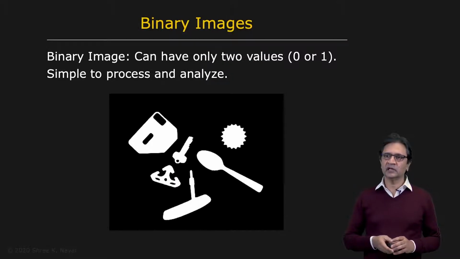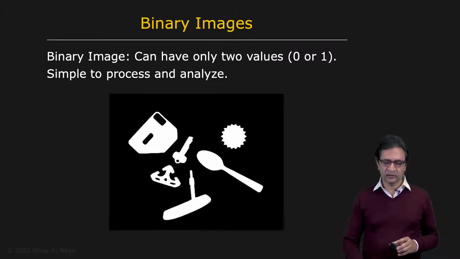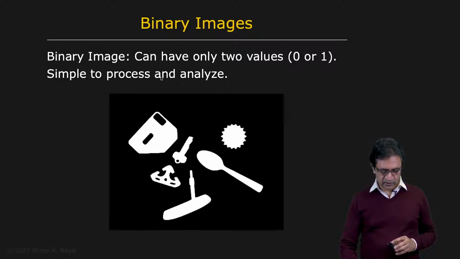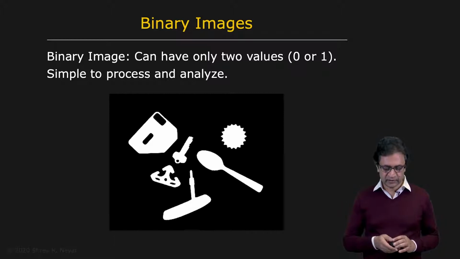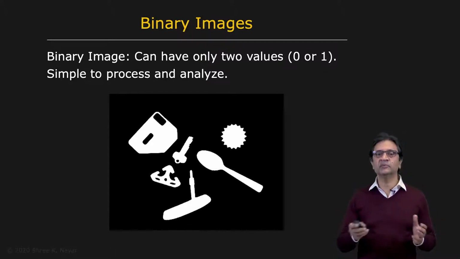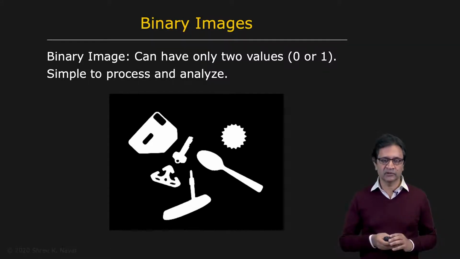This lecture is about the simplest type of image you could use in computer vision, which is called a binary image. A binary image can have one of two values, 0 or 1. For instance, you see this image here, you have 1 for object and 0 for background. As you can imagine, these are images that are very easy to process, to store, and to analyze. But it turns out, as simple as they are, they're extremely useful. There's lots of things, especially in structured environments, that you can do very efficiently, very robustly using binary images.